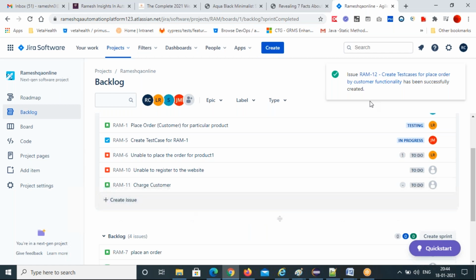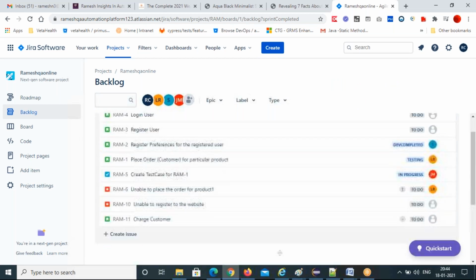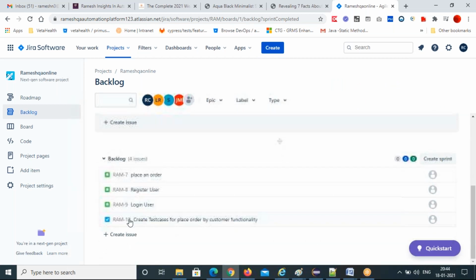So the task is created. It will come here, right? Here it is showing: create test cases for place order.